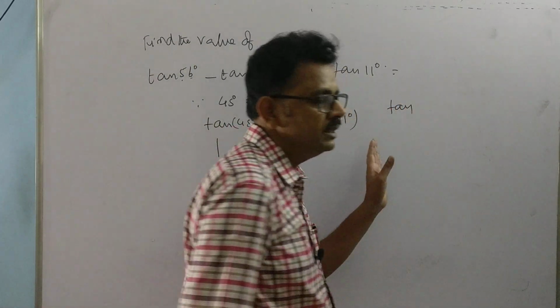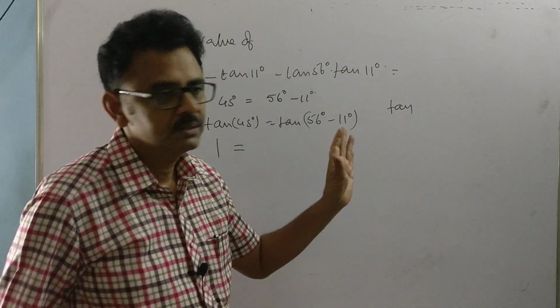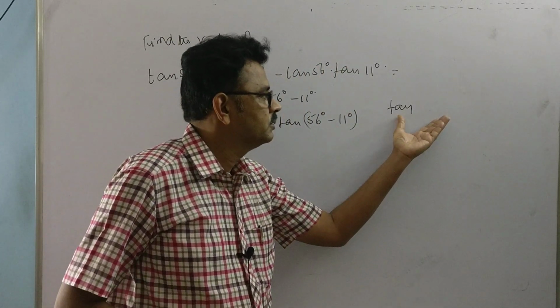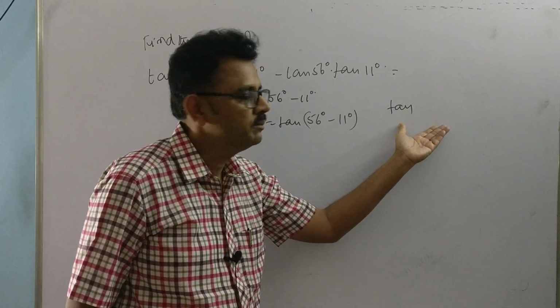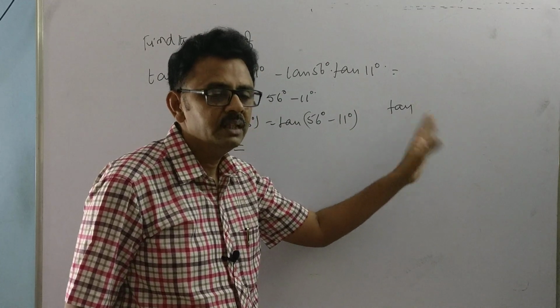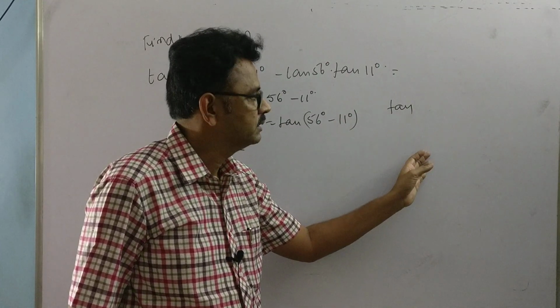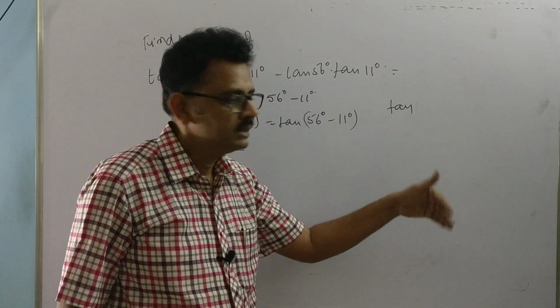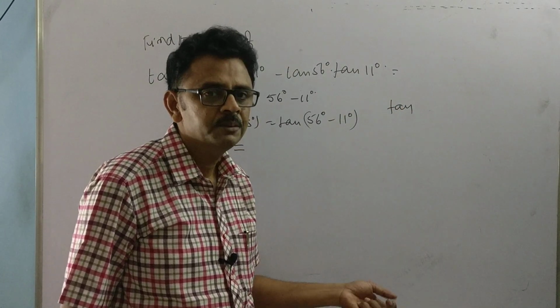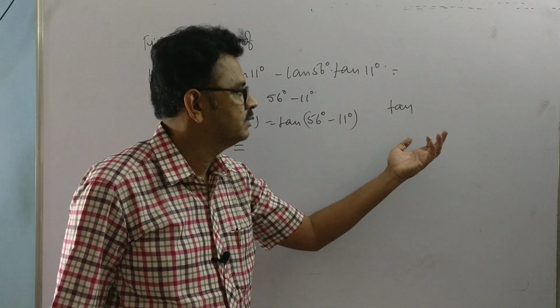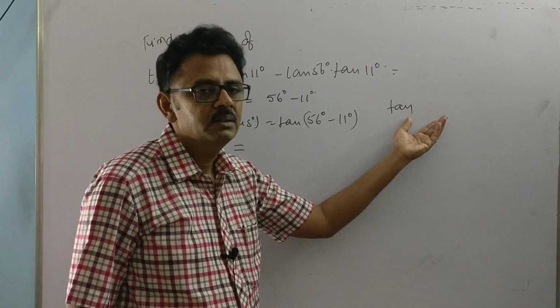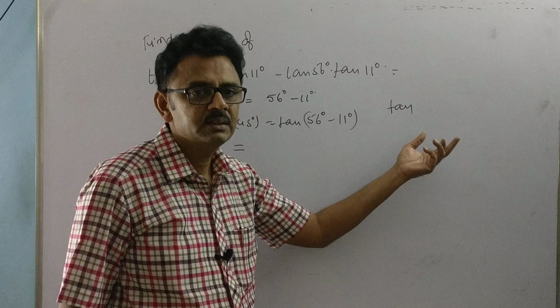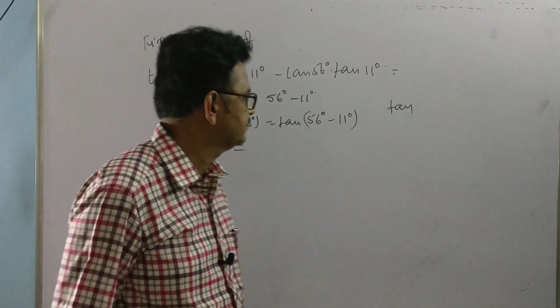So trigonometry is completely dependent on formulas. So you have to mug up all these formulas. You write once, twice or thrice. So more number of times. Trigonometry is completely based on formulas. So after going further, next topics, we are having more in number. So the only thing is how to get all these things through practice. So you have to practice more.